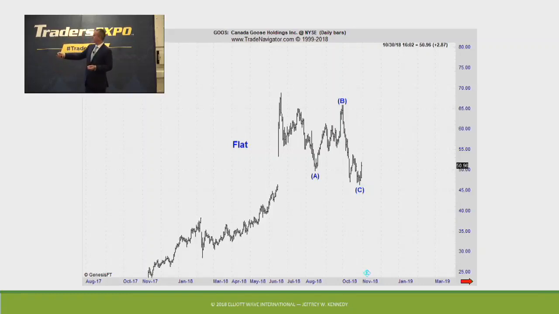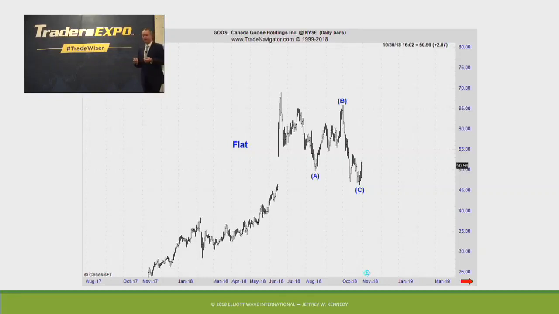Familiar with the term double top? Most double tops you see in a market are basically the origin of wave A and the extreme of wave B of a flat pattern, a flat Elliott wave pattern. The point I'm trying to make is the wave principle is a language, again, a form of technical analysis, but it works quite well with Japanese candlestick analysis. It works quite well with indicators and oscillators, momentum analysis.